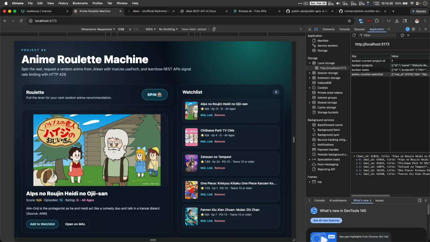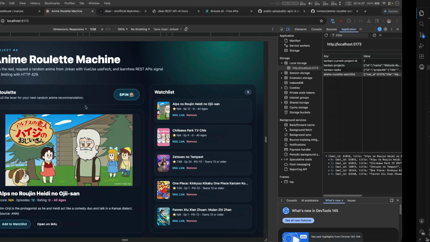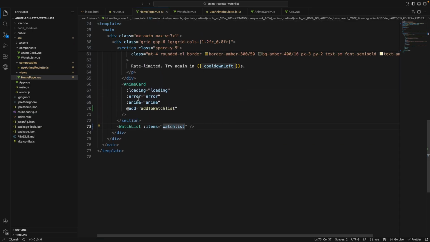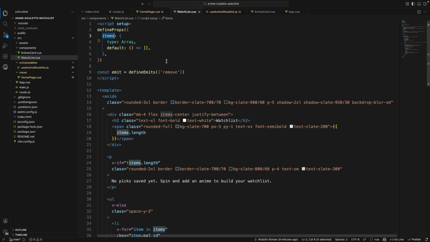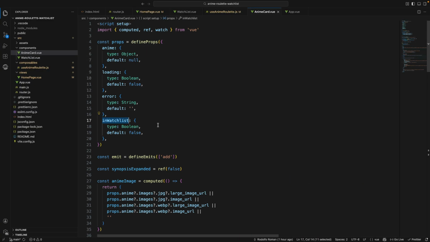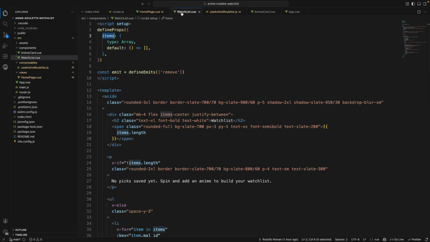The only thing that we need to send now is whether it's in the watch list or not on our home page. So for our anime card, we are not sending the watch list itself, even though we had it right here in watch list. In order to call it here, and this is Pascal case, because it's two different words, we need to send that in,